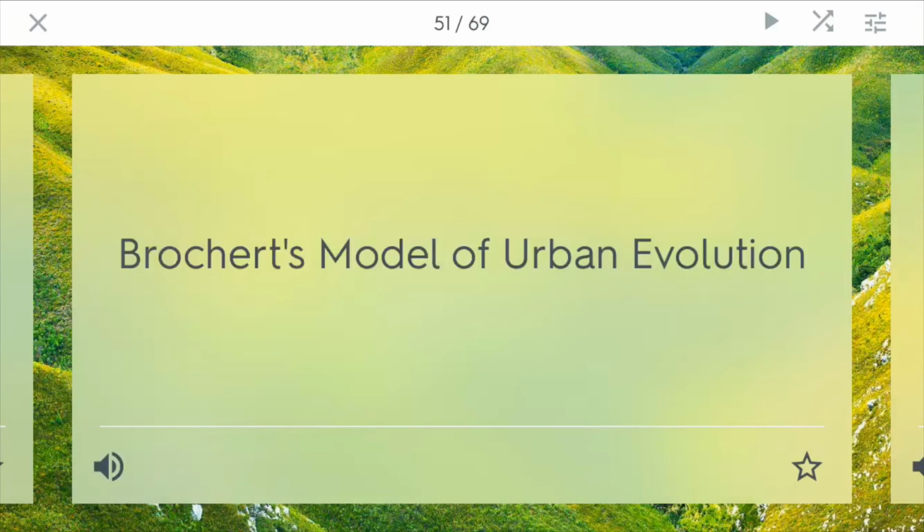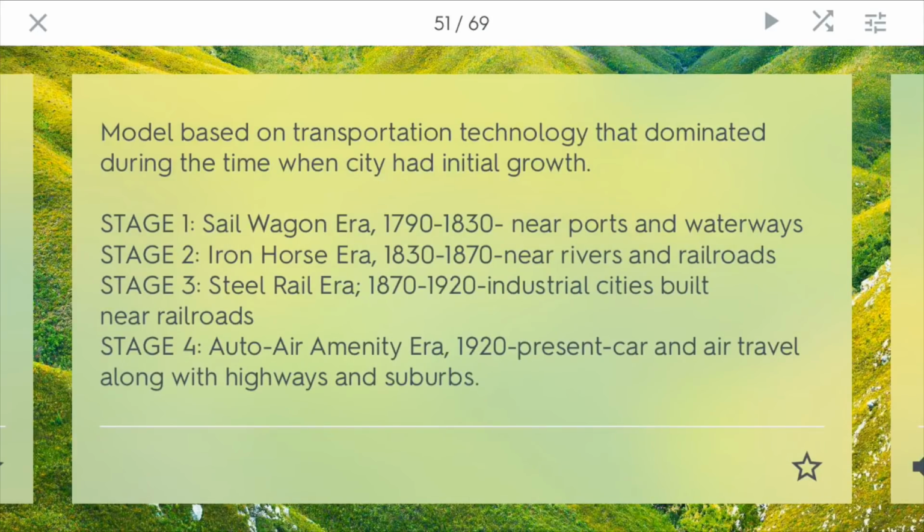Pred's model of urban evolution. This is a model that is very closely linked with history, and it describes the transportation technology that dominates during each time period where cities had initial growth. Stage 1 was the sail wagon era. From 1790 to 1830, cities born during this time were built near ports and waterways because that was where all